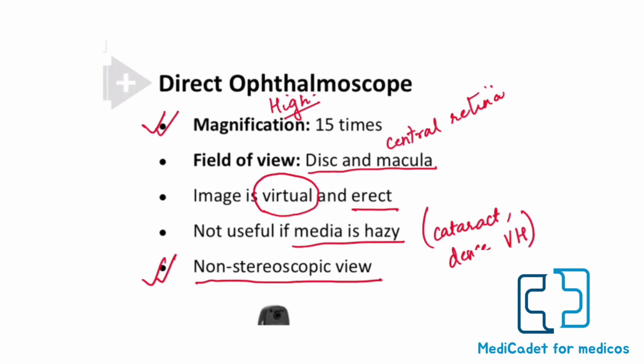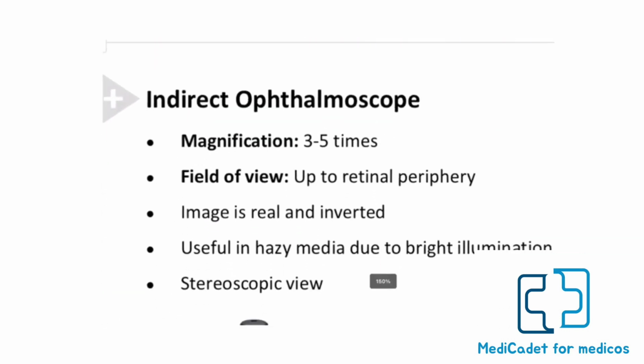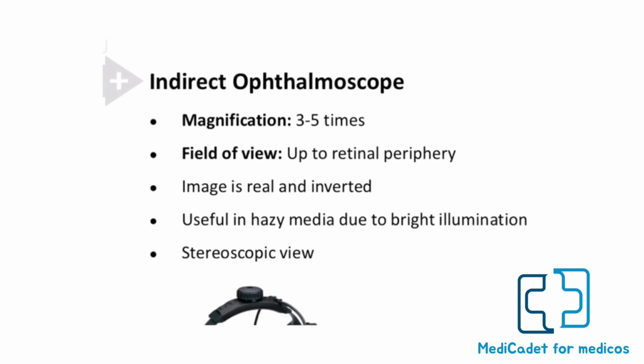Okay, now let's come to the IO, the other instrument that we have. With the IO, the magnification is much less. Now again, exactly the opposite. If the zoom is less, you will be able to cover a larger area. So this instrument helps us to examine the retinal periphery. So anywhere, if I want to examine the periphery of the retina, I have to pick up this indirect ophthalmoscope